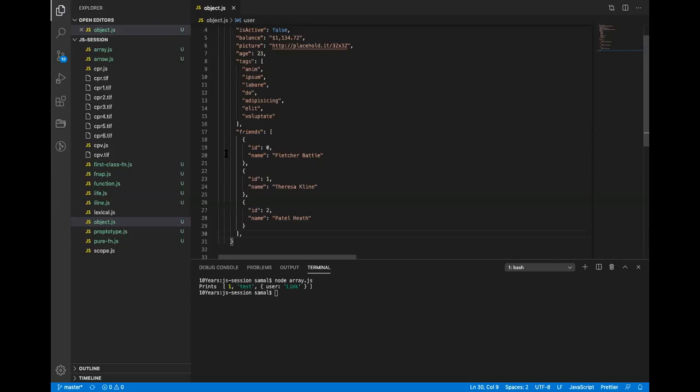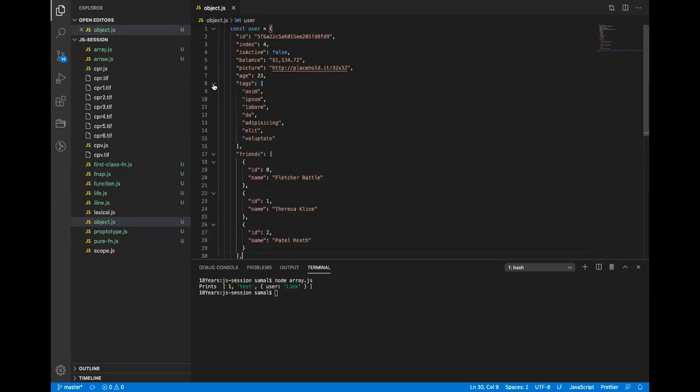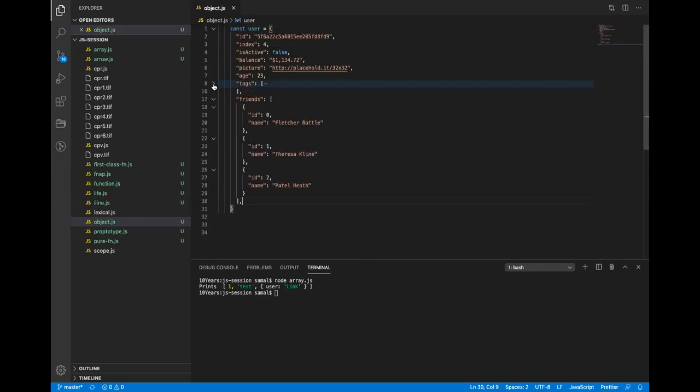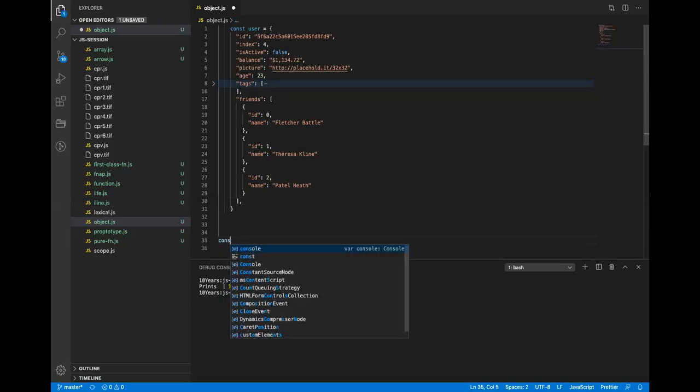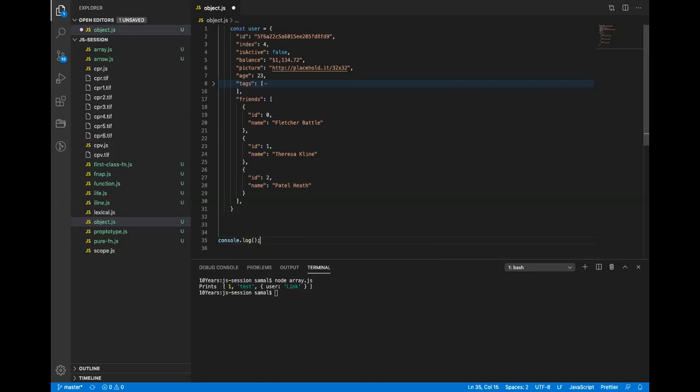Okay. So before I go to its built-in prototype methods, how do I read the value? console.log user dot. Let's say I want to read the age. I just have to use the key, right?